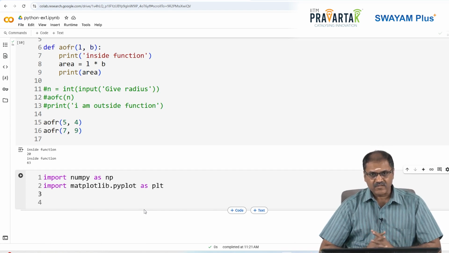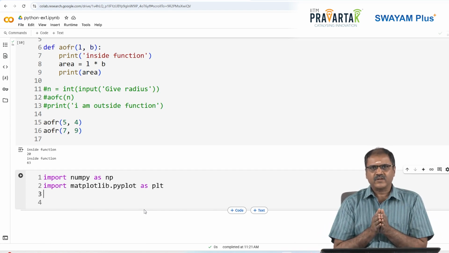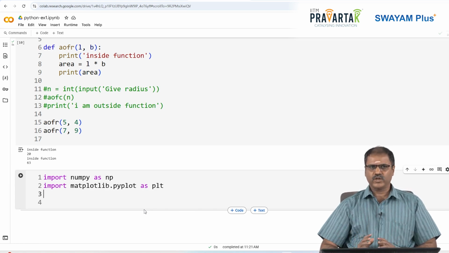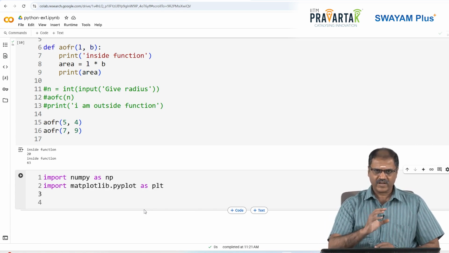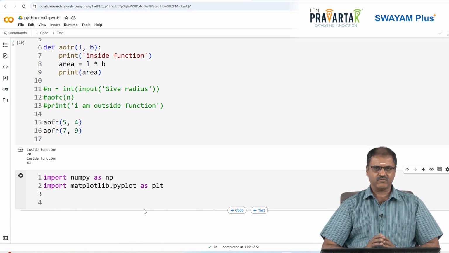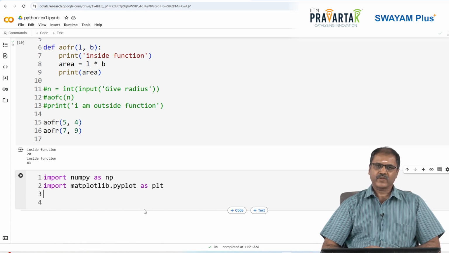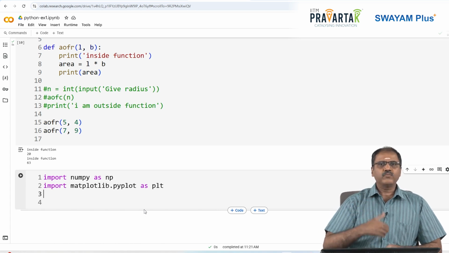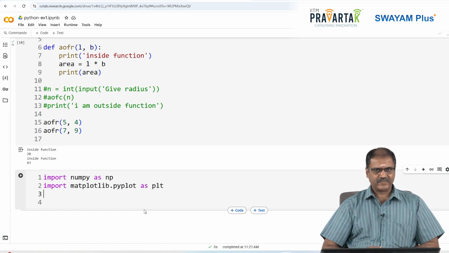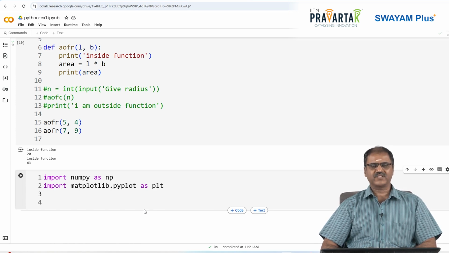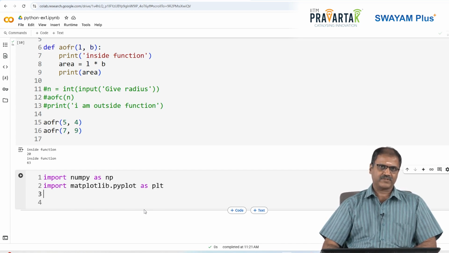This is the fundamentals of Python. Python is an ocean. You can do a whole lot of stuff. What we have done in this session is to give you a glimpse of what to do with Python. You may have to do a lot more exercises on these things. We will also publish these exercises and worked out examples in our learning management system, so that you will get the benefit of the solved examples. For example,